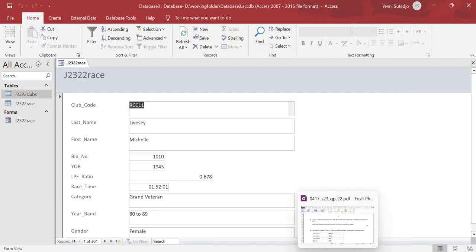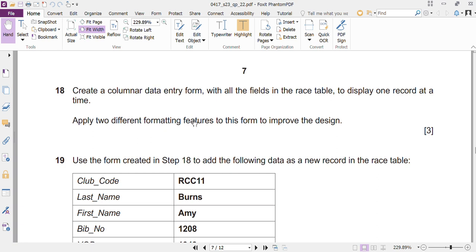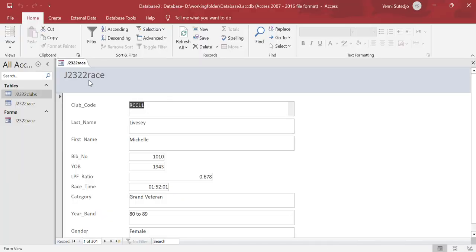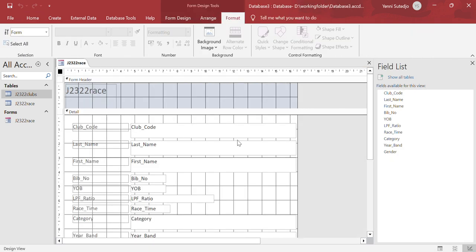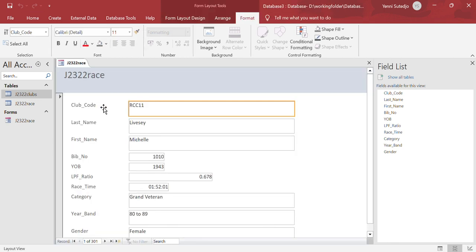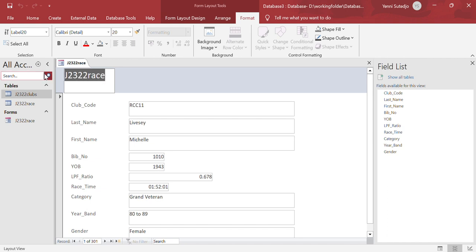And then the next one says apply two different formatting features to this form to improve the design. Well, we just make it clear that this form is a data entry form for the race. So I just, oh, I cannot edit it, right? So the one that I can do, I can go to the layout view. Actually, you can also do it in the design view. But for this case, I think layout view is enough. So if you use the layout view, you can double click on this one, and then after that, you can write like entry data form